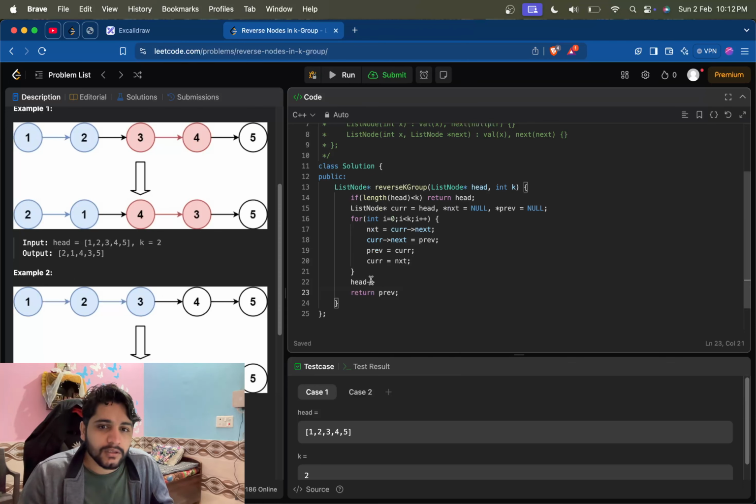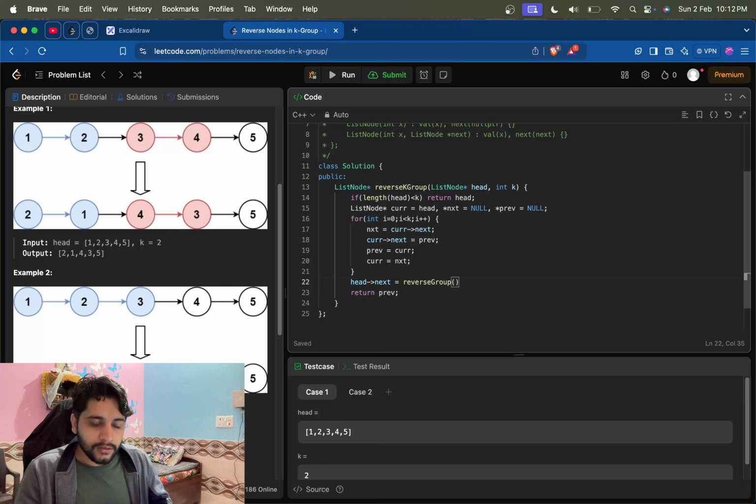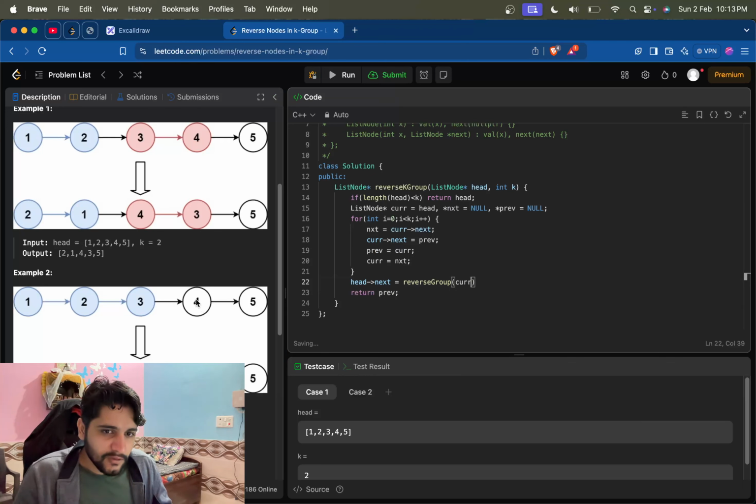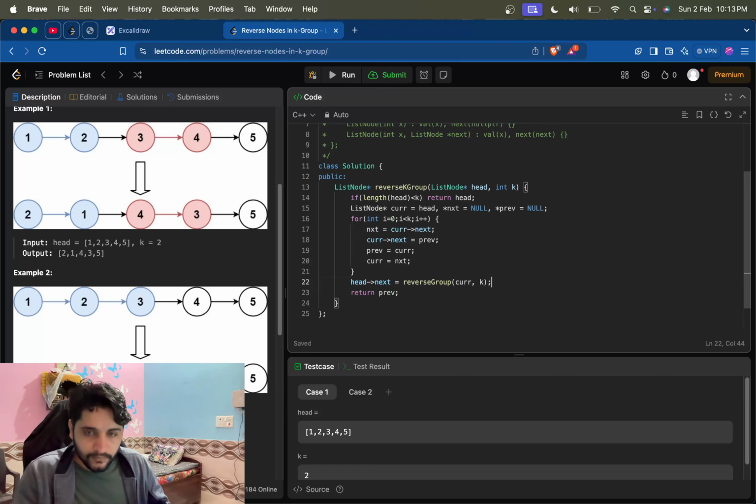अगर 6 होता तो हेड का नेक्स्ट क्या हो जाएगा, इसी फंक्शन को हम कॉल कर देंगे विद current as the element, okay, because current has now reached 4। और ये क्या रिटर्न करेगा, 4 5 ही रिटर्न कर देगा क्योंकि इनका ग्रुप ही 3 का नहीं है। तो 4 5 रिटर्न करेगा तो हेड का नेक्स्ट 1 का नेक्स्ट 4 हो जाएगा। सो दैट्स परफेक्टली फाइन, ठीक है।